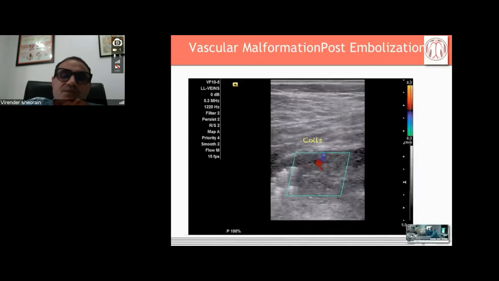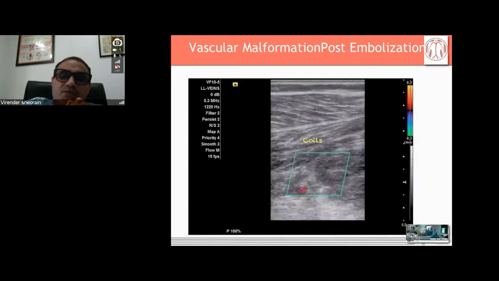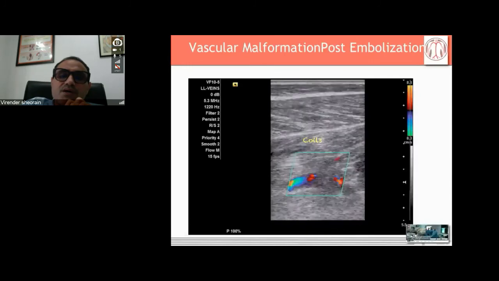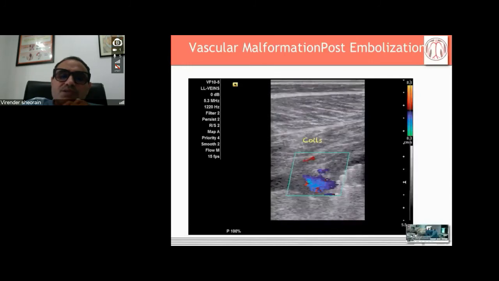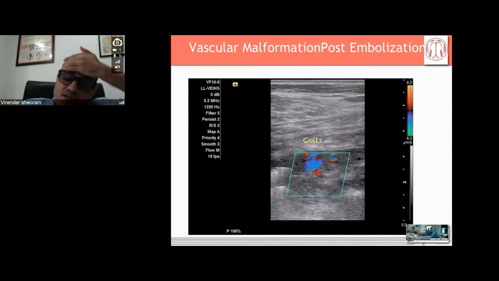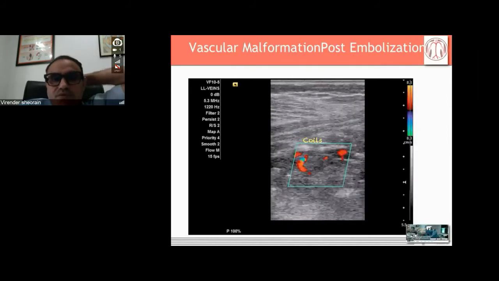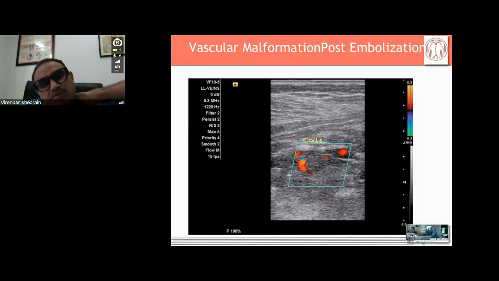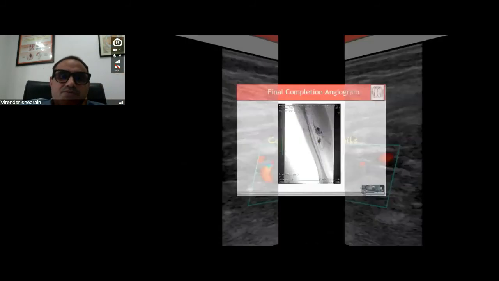This is a case where you can see the patient had an AVM with both arterial and venous components, underwent a treatment with multimodality involvement. I would say there was a percutaneous embolization, intraarterial embolization, venous embolization. So you can see the coils inside the venous sac with some residual filling of the nidus. So again, this is a spectrum which we should be aware of.